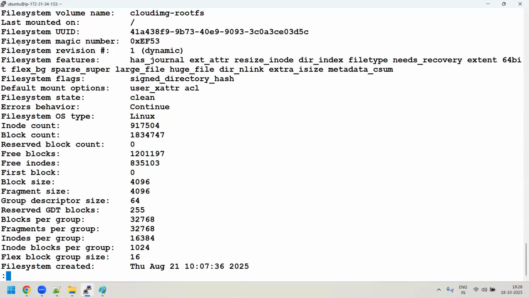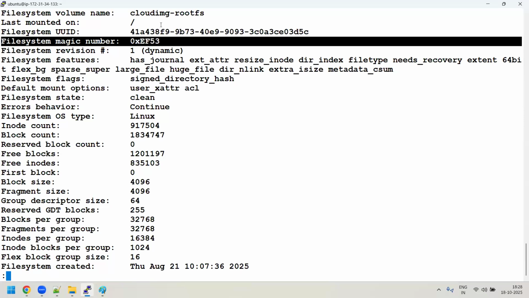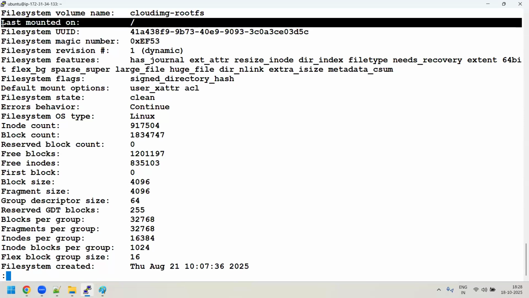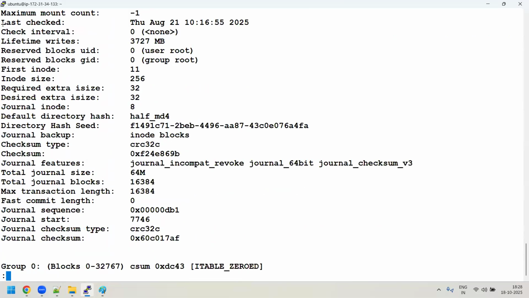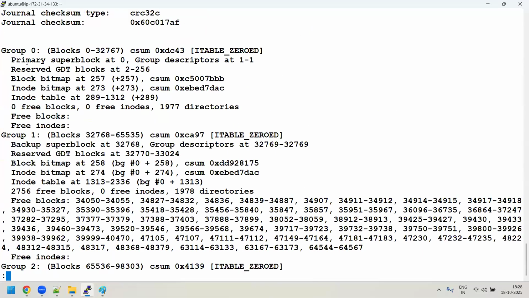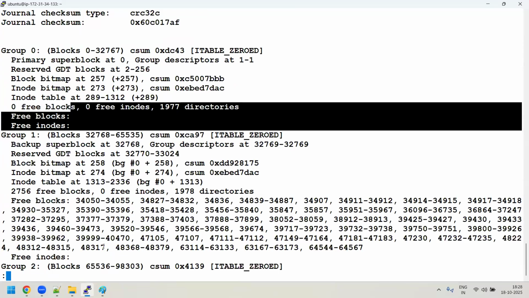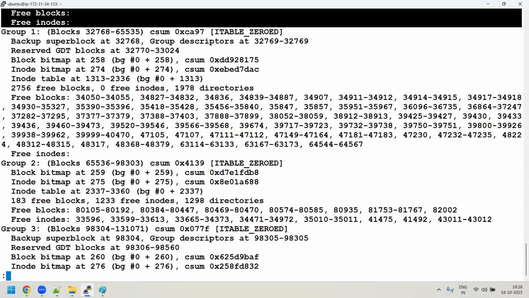Where is that, sir? 0xEF53. Can you see? This is the file system magic number of the ext file system. And where it is mounted, it's the / partition. If you come down, you will get the superblock, group descriptor (GDT) blocks, block bitmap, inode bitmap, inode blocks, and all the free blocks like this. See, you have group 0, group 1, group 2, like this in the file system.